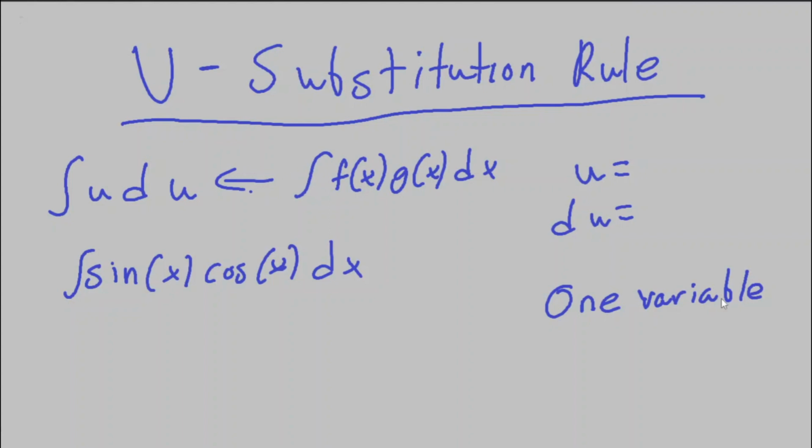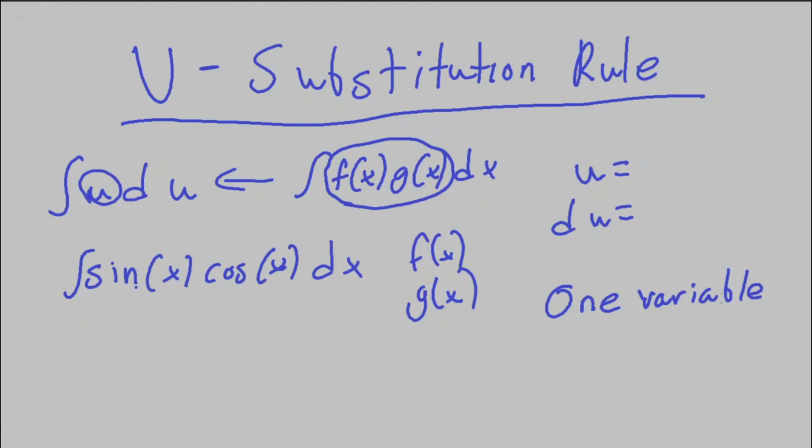What we would do is give a u value to either f of x or g of x, or something in there. And we would also find the du value and plug it in in order to cancel out variables. Because what we want is, we don't want to find the antiderivative of f of x times g of x. We want to find the antiderivative of either f of x or g of x, basically one variable. We want to make it as easy as possible for us. And then later on, when we find the antiderivative, we plug in u for whatever's left,